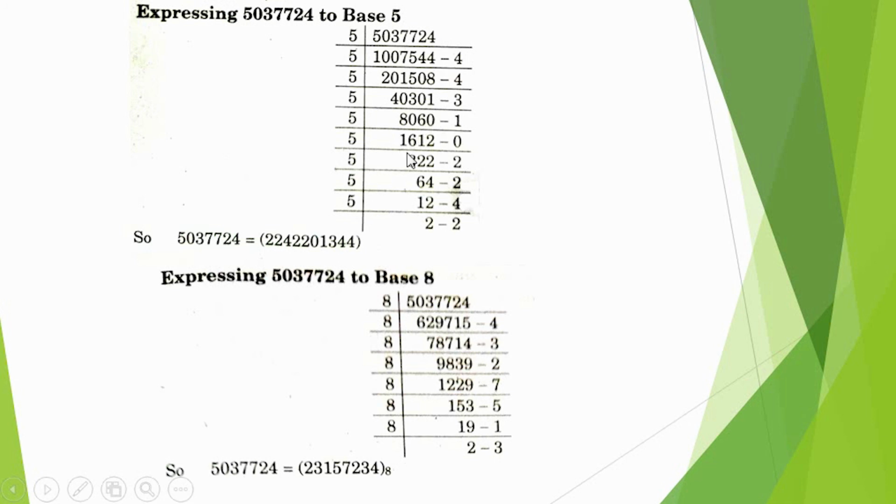5 sixes are 30, 1 less than 5, take 0, 1 carry. 5 ones are 5, 0 becomes 30, 5 sixes are 30, 5 ones are 5, 0 becomes 10, 5 twos are 10, 0 carry. 5 threes are 15, 5 twos are 10, and 5 twos are 10, 2 carry. 5 sixes are 30, 5 fours are 20, 2 carry. 5 ones are 5, 14, 5 twos are 10, 4 becomes carry, 5 twos are 10, 2 becomes carry.